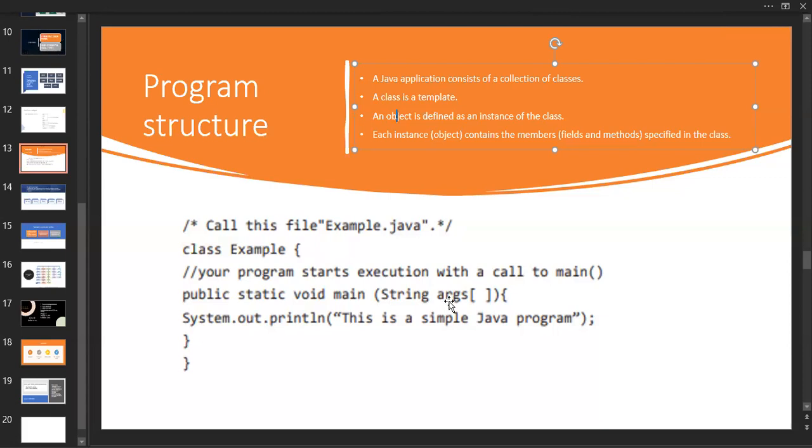This is compulsory. So there are many main methods inside our program. You can declare many main methods, but only the main method having a string argument will be recognized first by the compiler. Okay, there is no need to worry.